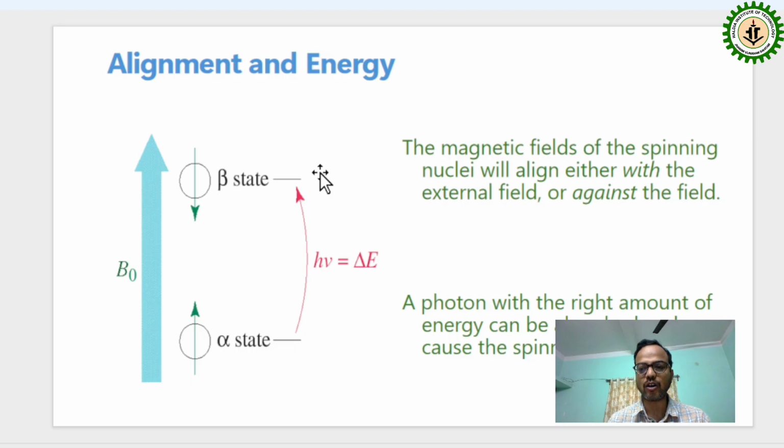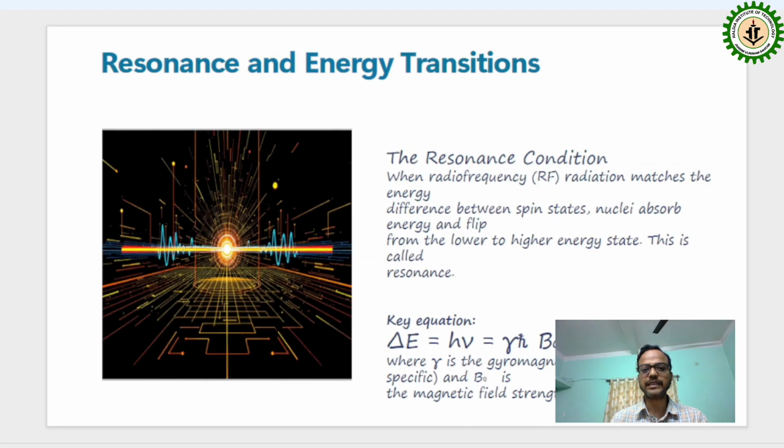The magnetic field of the spinning nuclei will align with the external field and against the field. The photon with the right amount of energy can be absorbed and cause the spinning proton to flip. Now, resonance and energy. The resonance condition. That means when radio frequency radiation matches the energy difference between spin states, nuclei absorb energy to flip, and delta